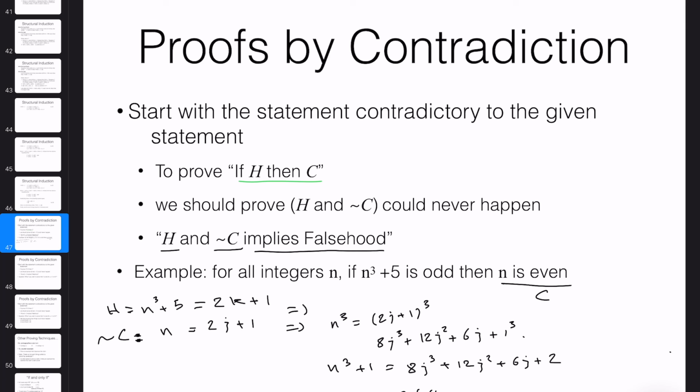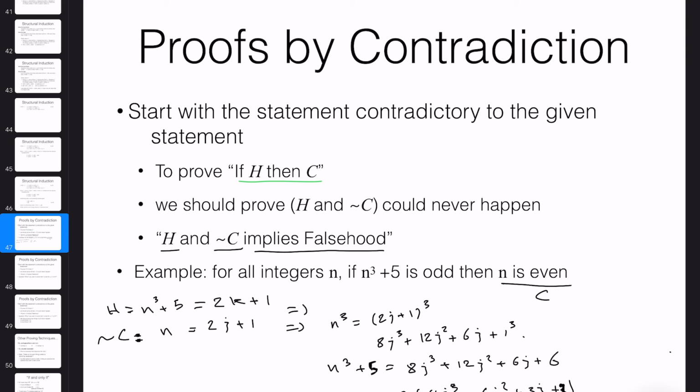So 2 multiplied by (4j power 3 plus 6j power 2 plus 3j plus 1). Why did I do plus 1? I should actually write it as plus 5. So here it would be plus 6, and it would be,